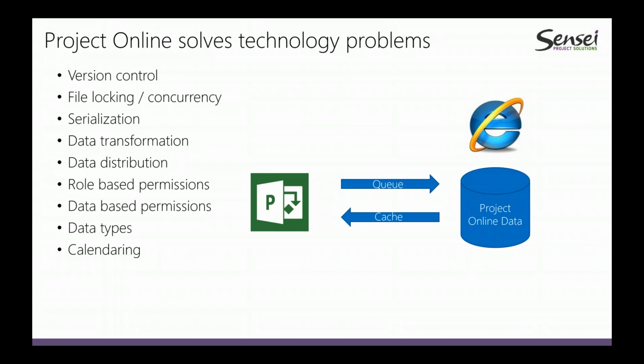If you go into a meeting and you've got 5 different people with 5 different versions of the spreadsheet, it immediately devolves into, well, my version's up to date. No, my version's up to date. And my version is completely different from yours. And you start to have this breakdown of communication, a breakdown of progress. And so one of the things that Project Online was invented to solve was version control, file locking, serialization,